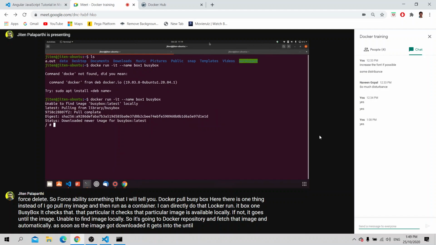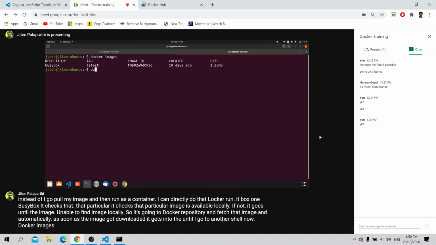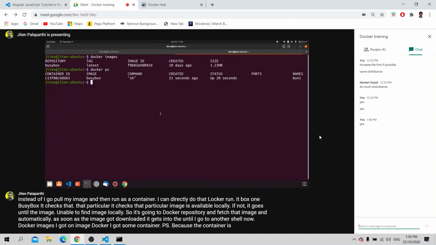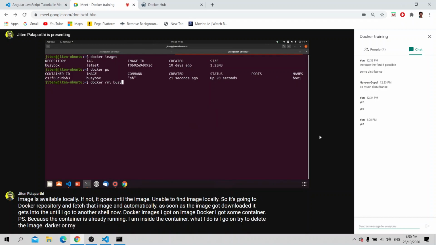I go to another shell now. Docker images, I got one image. Docker ps, I got one container, because the container is already running and I am inside the container. Now I try to delete the image: docker rmi busybox.